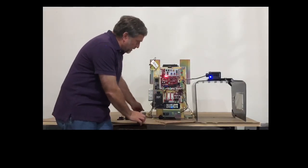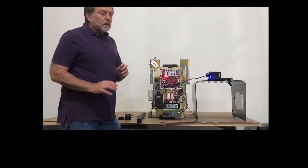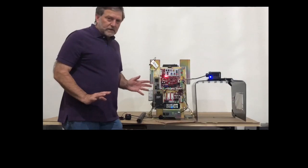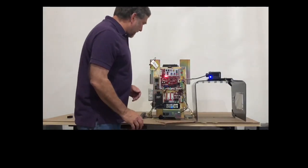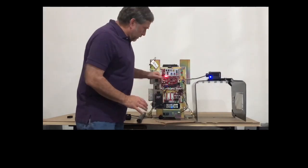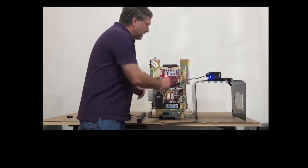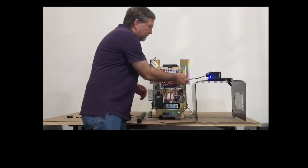Okay, so what to do? Well, the best thing to do is just start from scratch, because like I said, it won't take any time at all. So what we want to do first, doesn't matter whatever error code you have or what lights are flashing, we're going to disconnect the photo eye